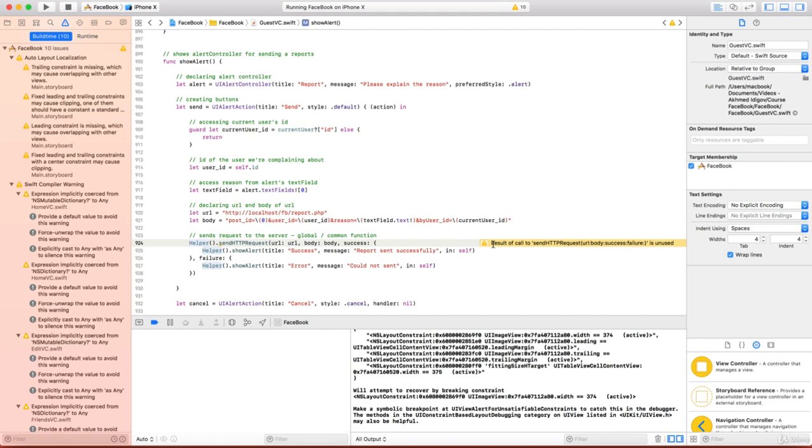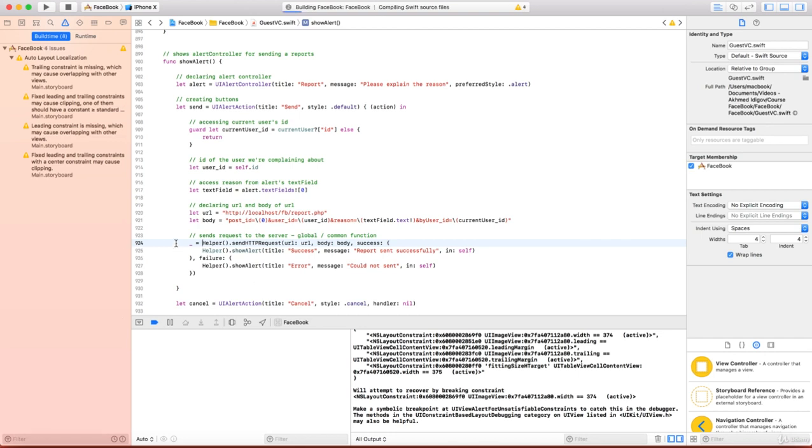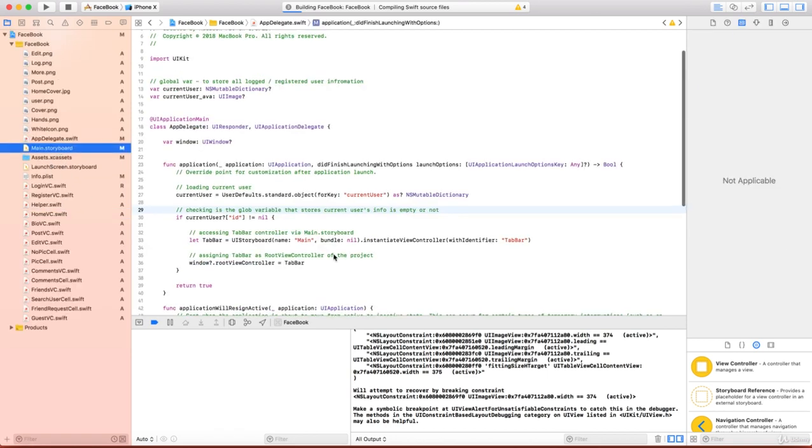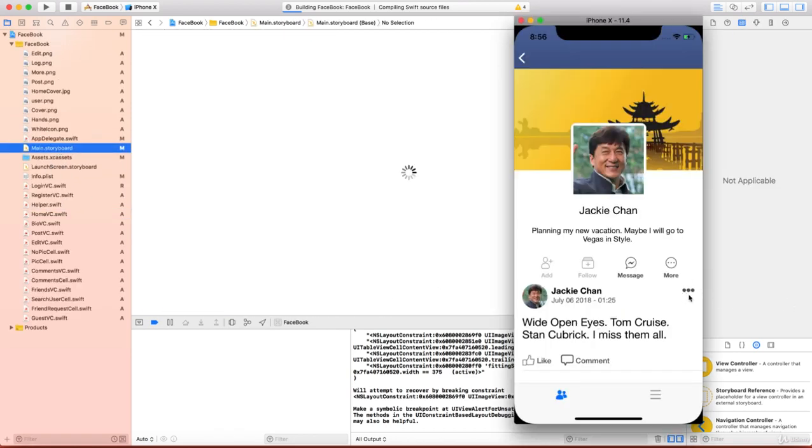The one thing, as you see here, result of call is unused. So actually for this purpose, we don't need it. So I'll put lower underscore then equals to that one. Okay, because the result, in this particular case, we're not using this. That's why. Okay, we're now going to the main storyboard now because we need now to make an action connection